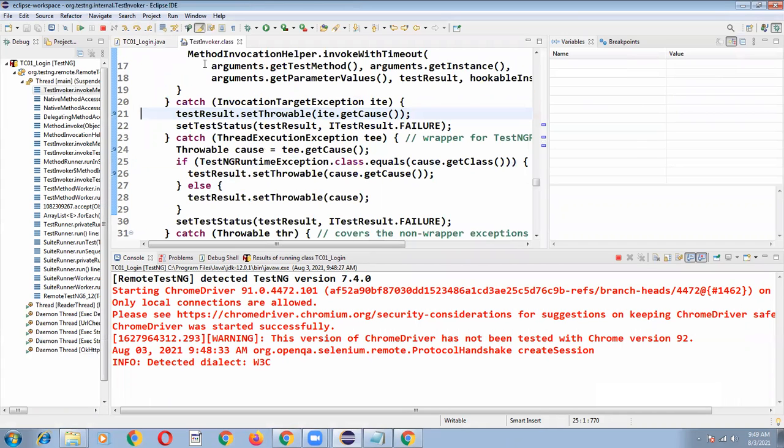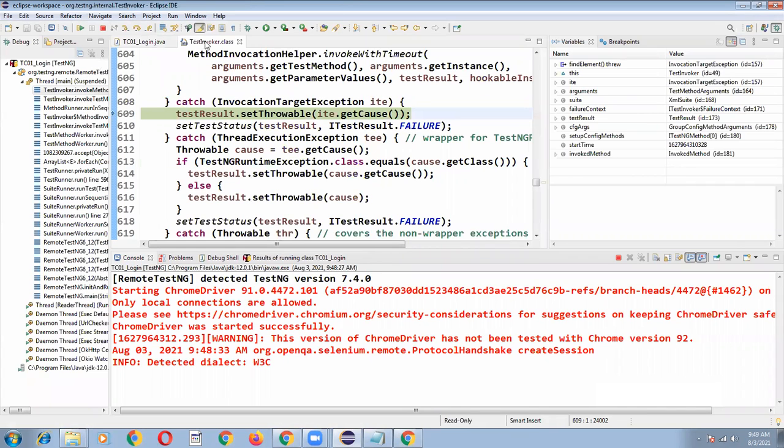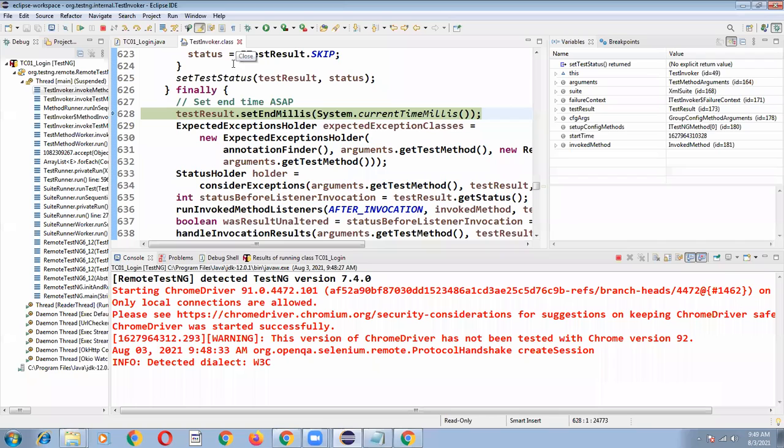So okay, it is going to some test invoker dot class. So the progress is going to some other class. That means at that particular line something happened. Okay, and I'm going to continue my resume step. So we understood. It is navigating to another class, test invoker dot class. So some exception it is going to raise. We understood. If it is a normal case, it will be executed, just as we have seen just now.